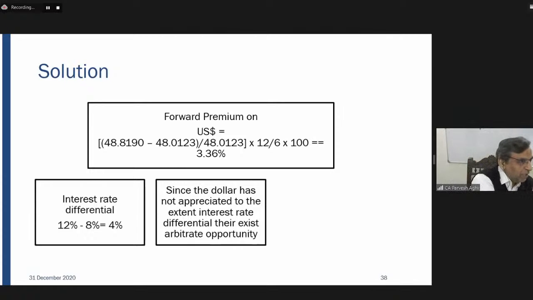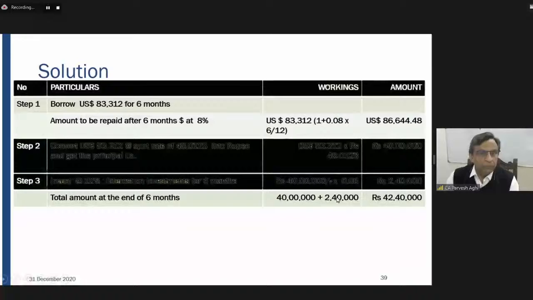Since the dollar has not appreciated, by putting the money in India, he gets 42,40,000 at the year end. So after 6 months, sorry. So after 6 months, he's going to get